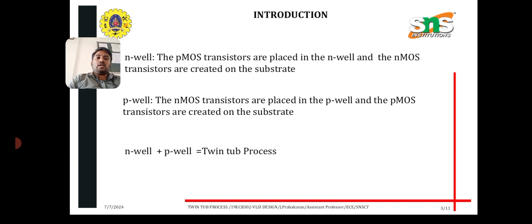N-well: the PMOS transistors are placed in the N-well and NMOS transistors are created on the substrate. P-well: the NMOS transistors are placed in the P-well and the PMOS transistors are created on the substrate. N-well plus P-well equals twin tub process. Separate N-well and P-well regions. Before that,